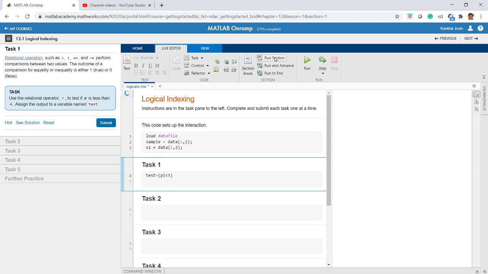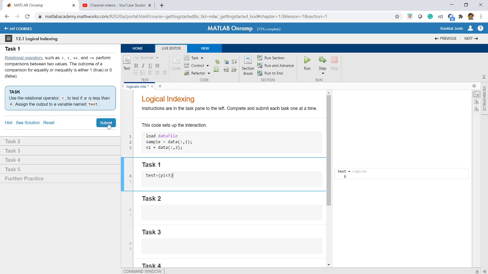What we are trying to check here is the value of pi. You remember pi is an inbuilt variable in MATLAB. So you got the answer test equal to 0, right? Why equal to 0? Because it is not true. Whenever the condition is not true, the result will be 0. Because pi is 3.14, it is not less than 3, so we got answer as 0.